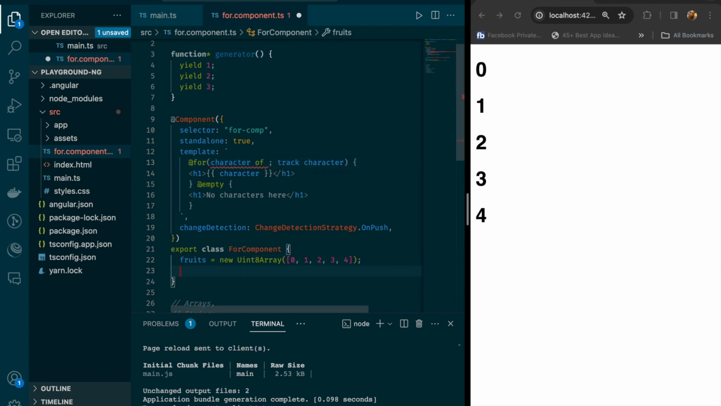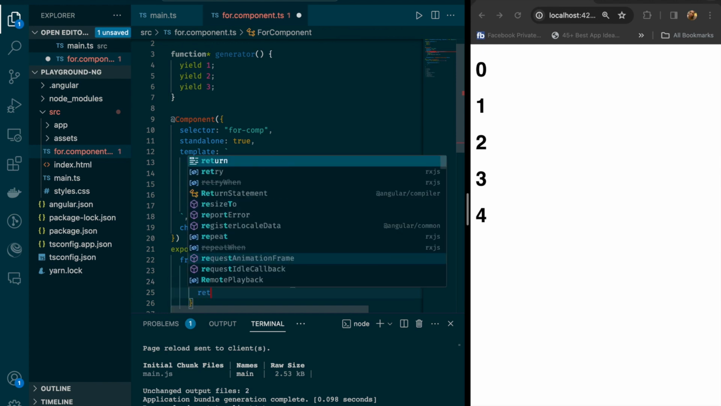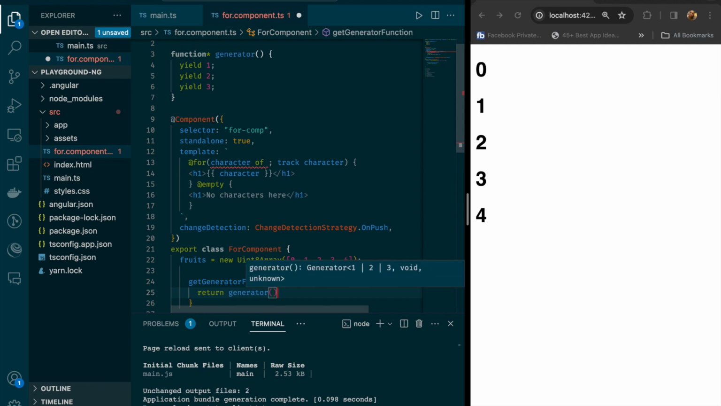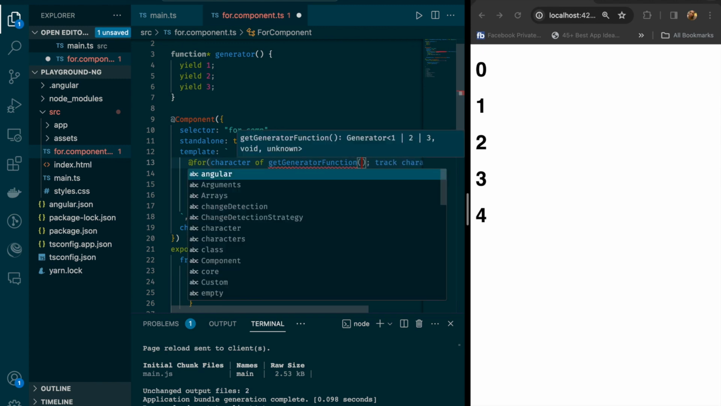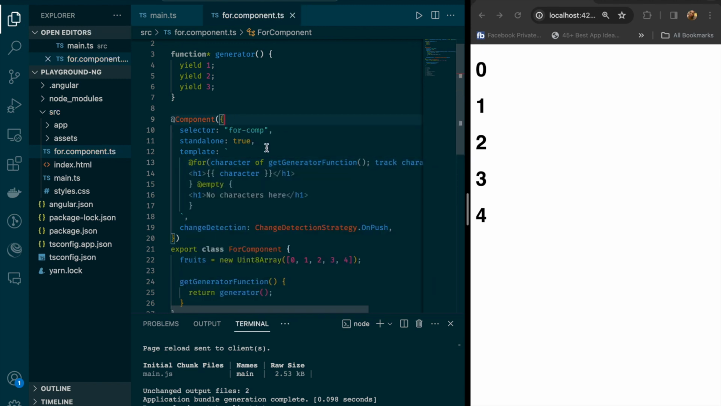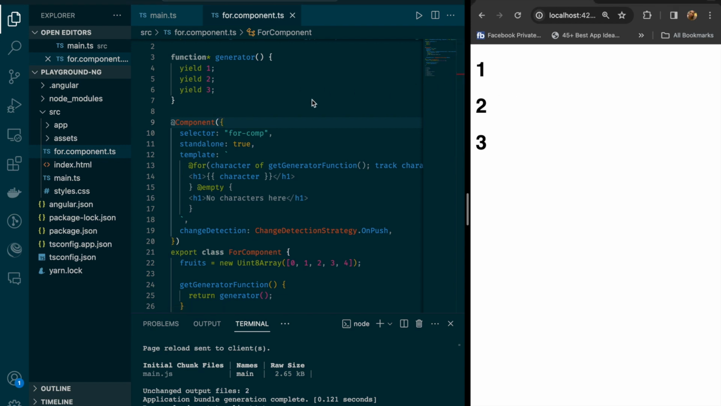Now all you have to do is set a method that will return the generator function. So just say get generator function. Now come here and say return generator, and we'll call it. Now we can use this here and call it like this. Then let's save it. Now you see the @for was able to iterate over the yields and render each of